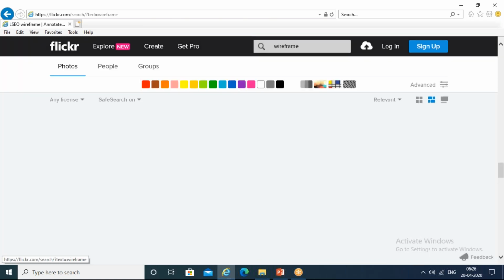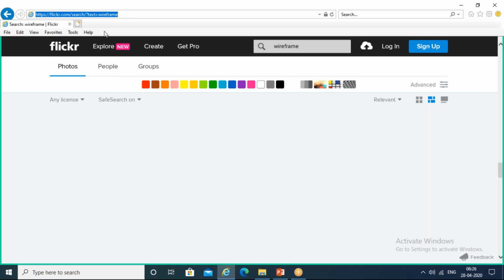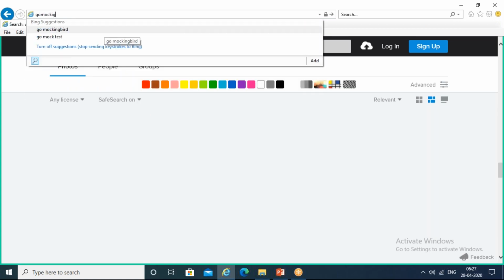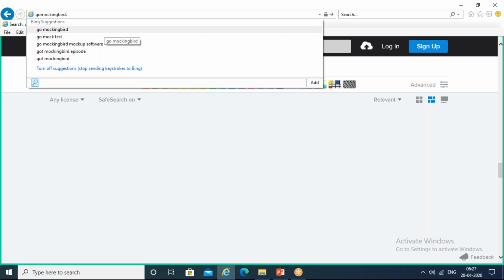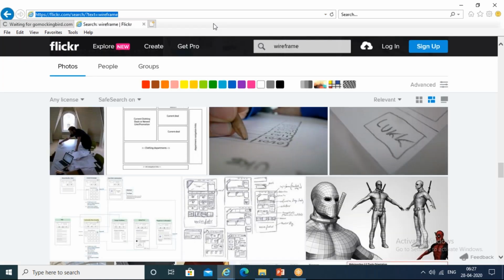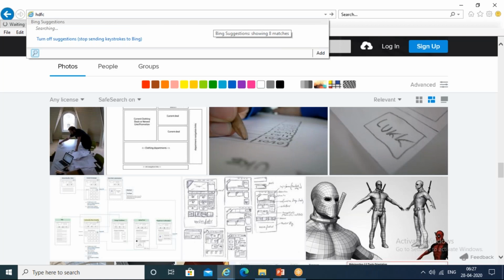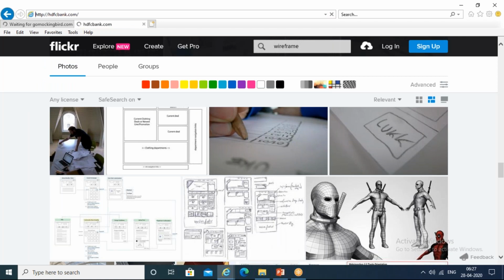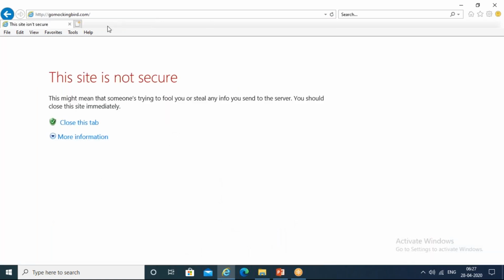So let's move on to see how we can create a wireframe by using a tool. I'm using the tool gomockingbird.com. This tool you can use to create the wireframes. I'm also opening a website. Actually, in the ideal case, based on the need,